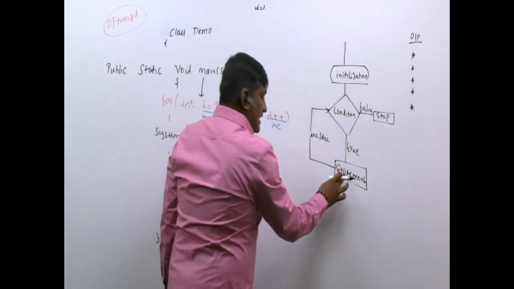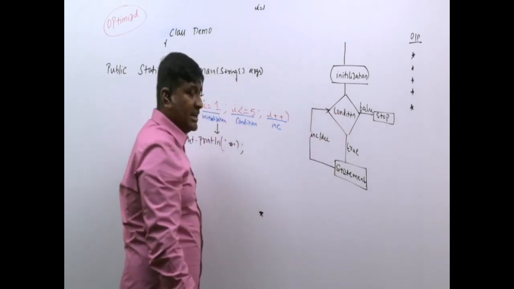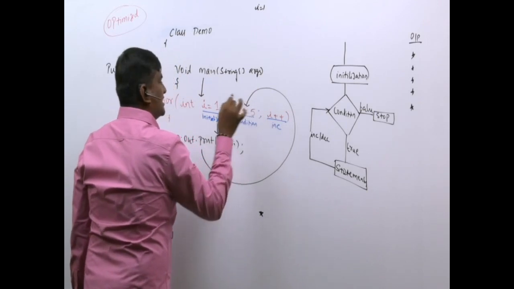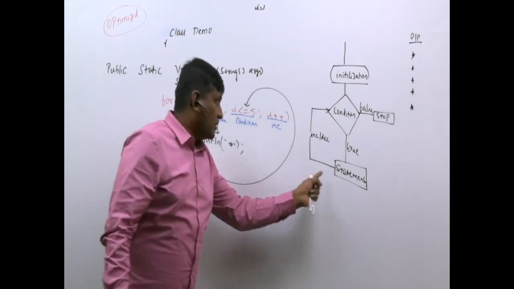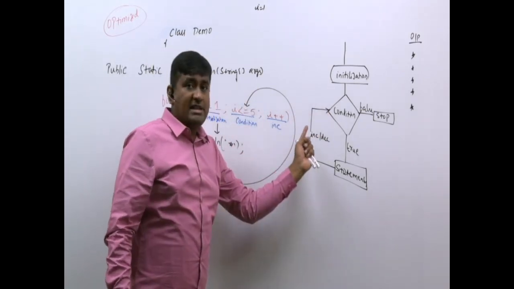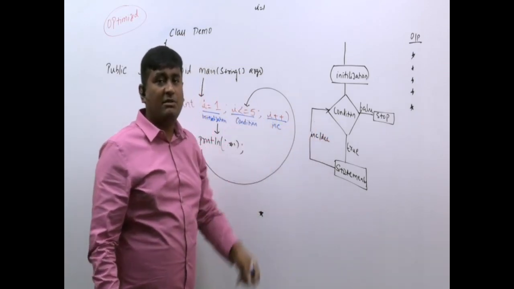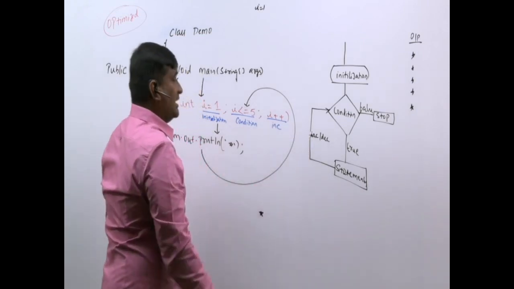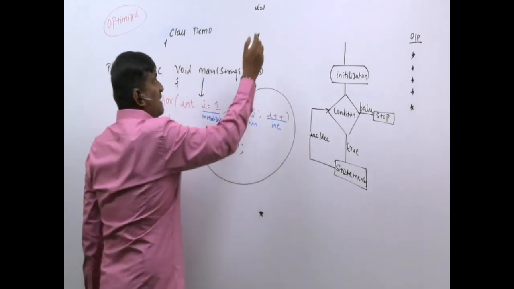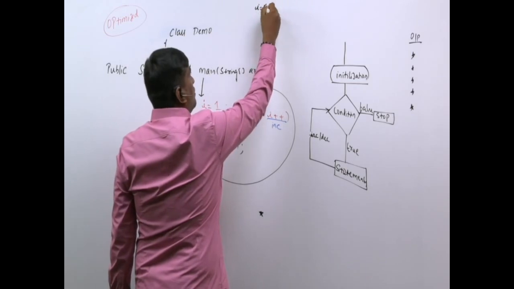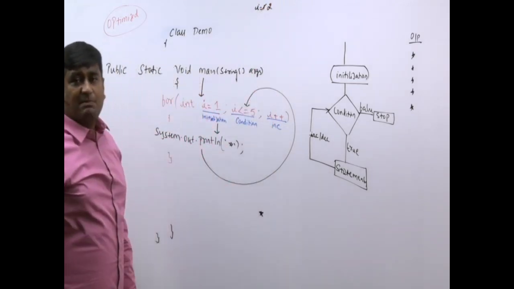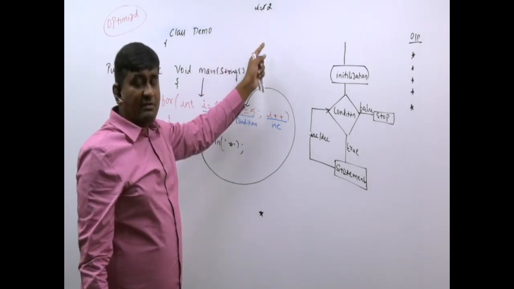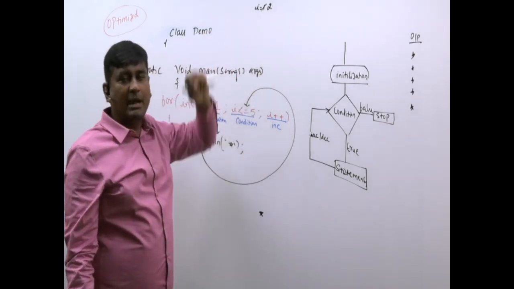After executing all the lines in the for loop, again it will go back and check the condition. This is the last line. But remember, before going back and checking the condition, it will do either increment or decrement depending on what you have written. In my program, I have written increment, so it will get incremented. i plus plus means the i value will change from 1 to 2. Always remember, plus plus means whatever the existing value is, plus 1 will be added. The value was 1, so 1 plus 1 becomes 2.